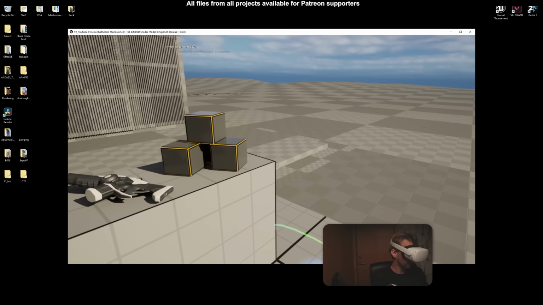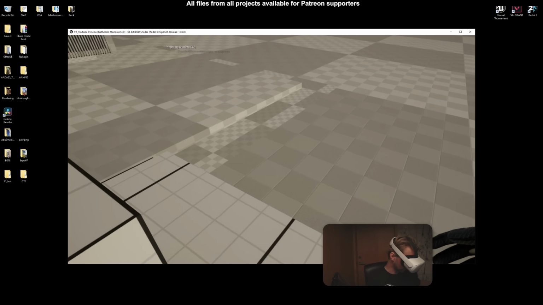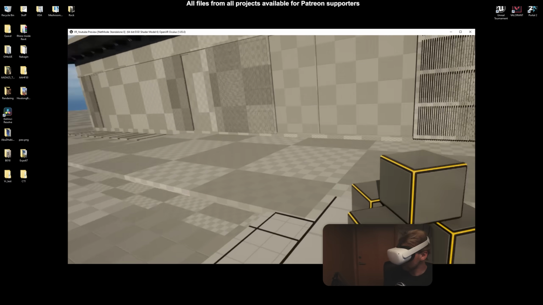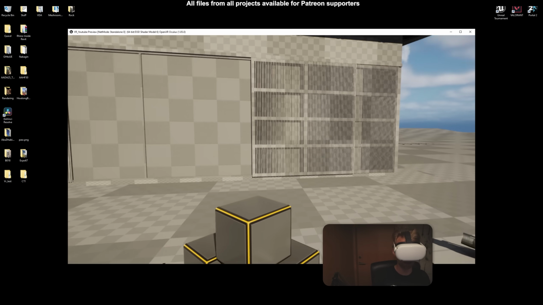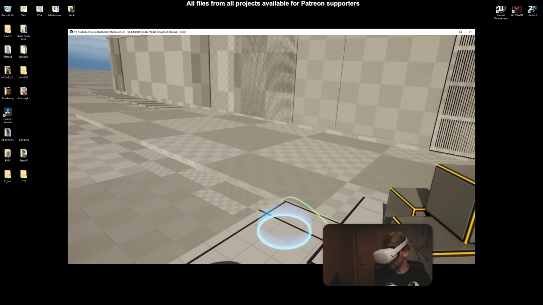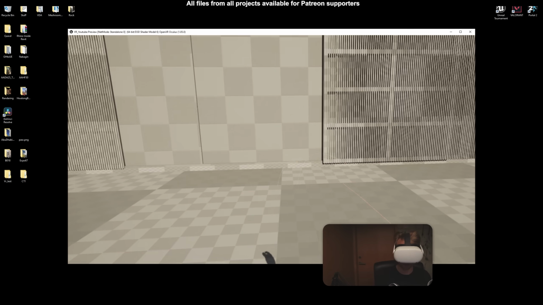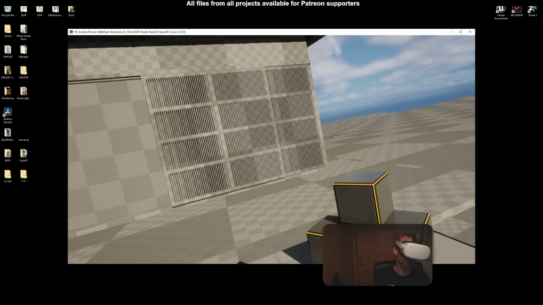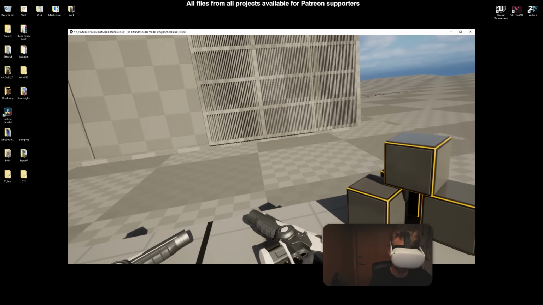Yeah, there we go. If I try to walk right now, I'm able to walk right up until the end of this platform, but I can't walk any further. And that is for a good reason. There's no navigation mesh, meaning that the